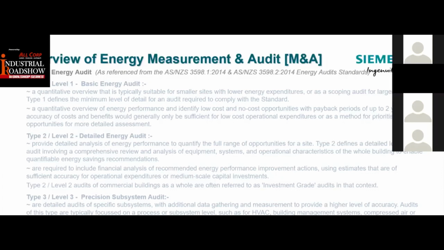And the last type will be what we call type 3 or level 3. In general, if you hear about energy audit or detailed feasibility study, DFS in short, or in some parts of the country or the world, they call it IGA, investment grade audit. This is where the majority of the work is involved, and it's quite extensive, which means that physically there will be instrumentation deployed across the system, or that they will be conducting studies, and time will be spent on